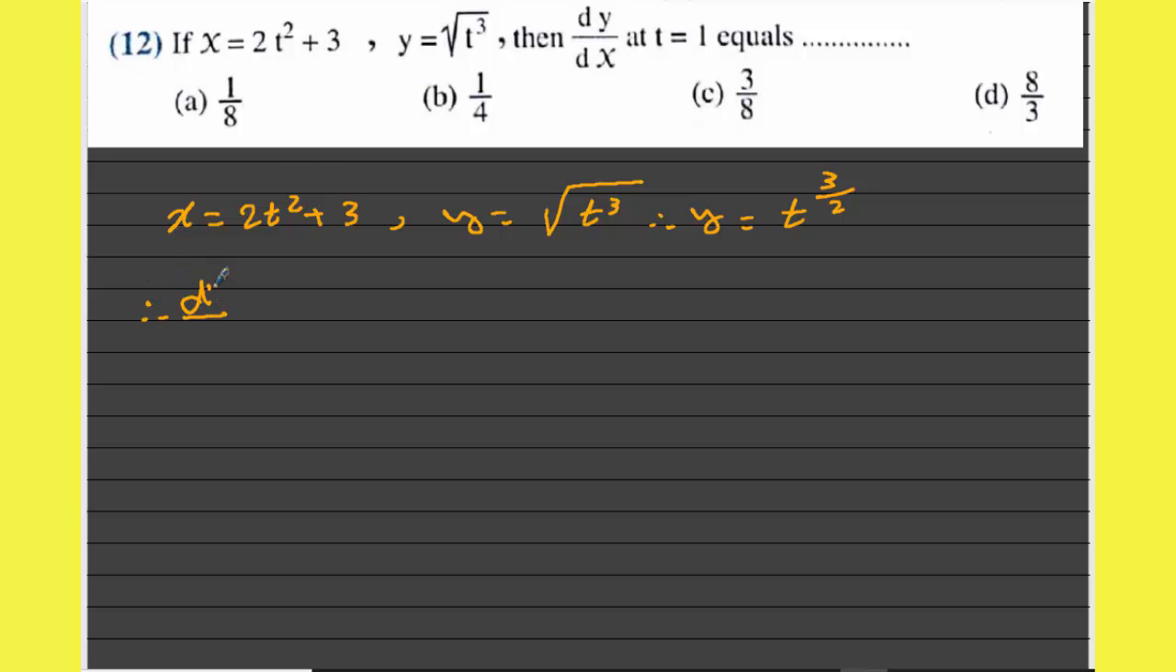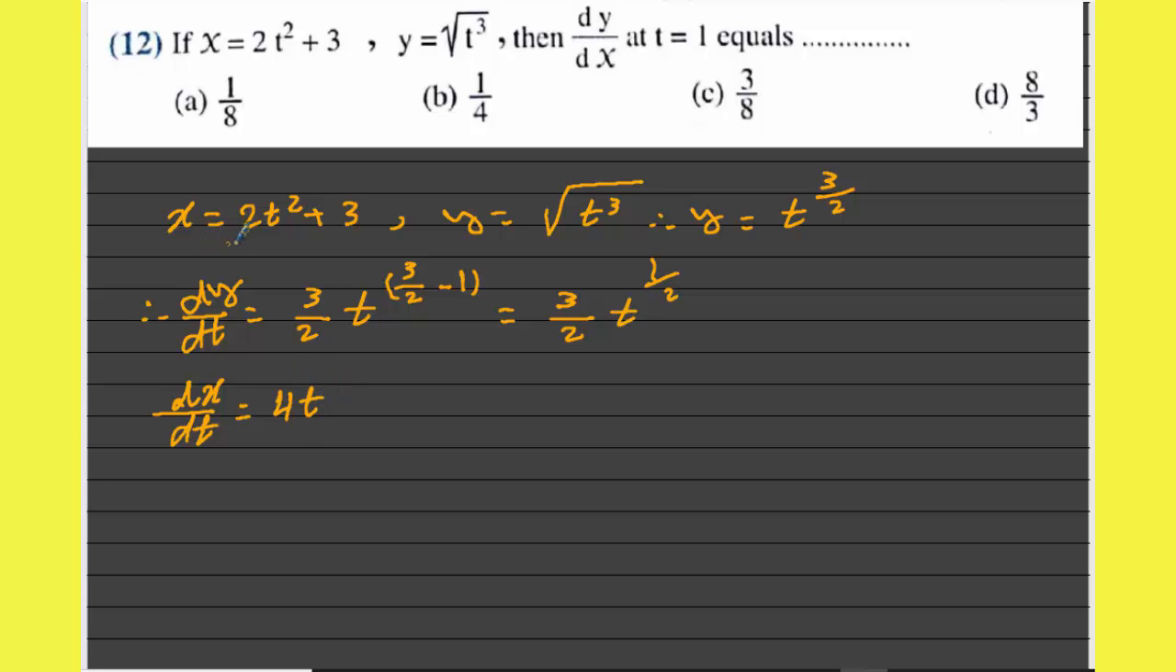dy/dt equals, here we have y equals t power 3 over 2, so the first derivative is 3 over 2 t power 3 over 2 minus 1, which equals 3 over 2 t power half, and dx/dt equals 4t, as x equals 2t square plus 3, so the first derivative equals 4t, and dy/dx